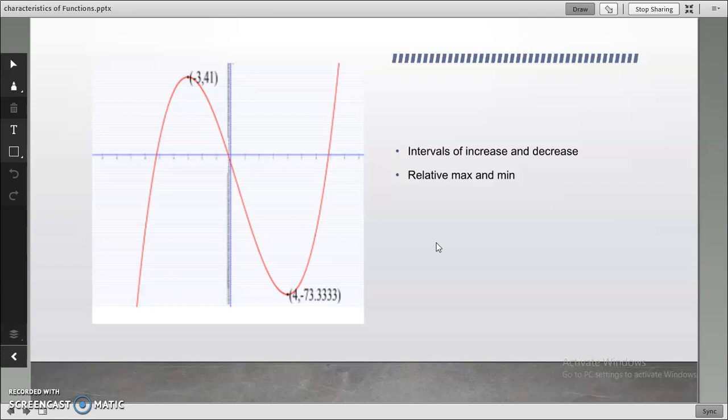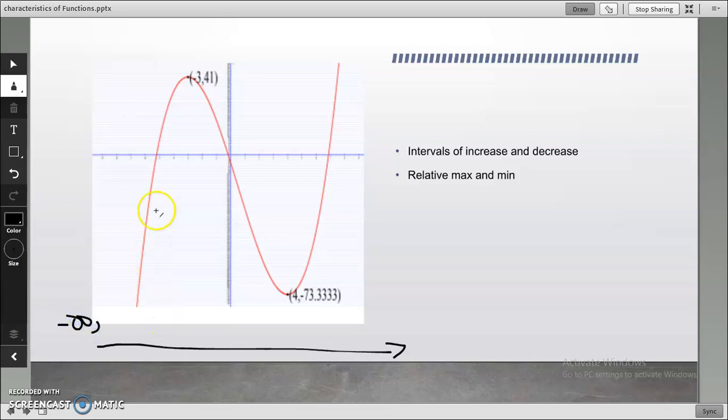Okay, so let's start off with intervals of increase and decrease. When I look at a function, or a graph, I always want to look at it like I'm reading a book from left to right. So I'm looking at it in this direction. And so as you can see from this, when I look at it from this direction, it looks like from negative infinity